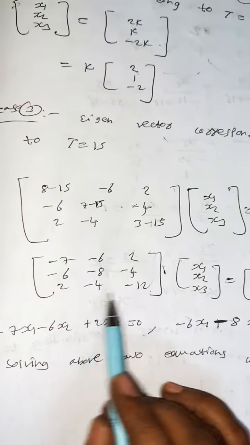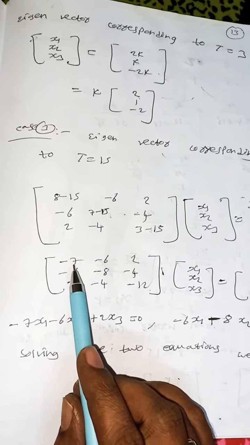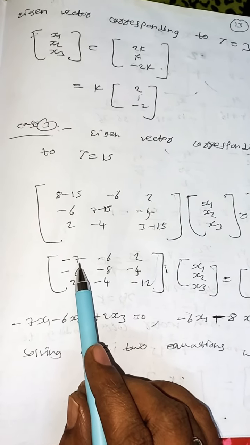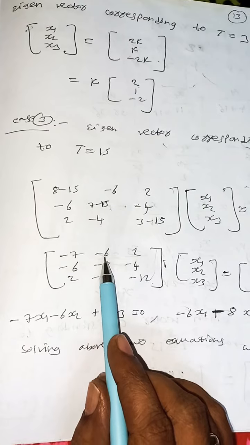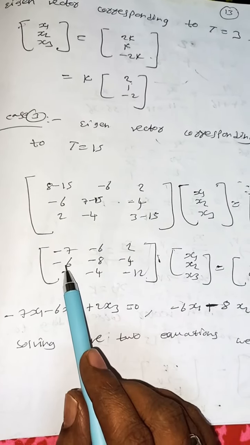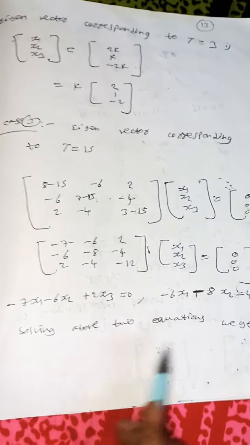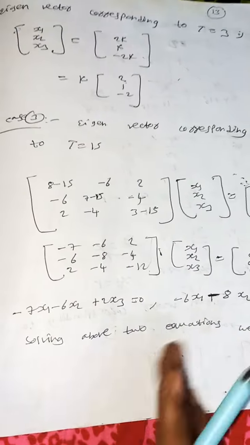So if you substitute, you will get it like this. Here also I am taking the first two equations only, that is, the first two rows. So -7x1 - 6x2 + 2x3 = 0, and -6x1 - 8x2 - 4x3 = 0. Solving these two equations, we get: